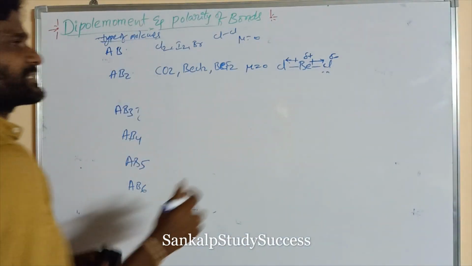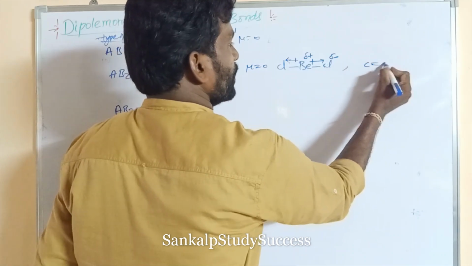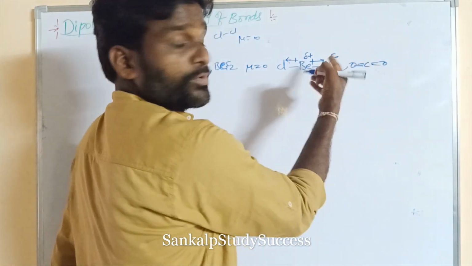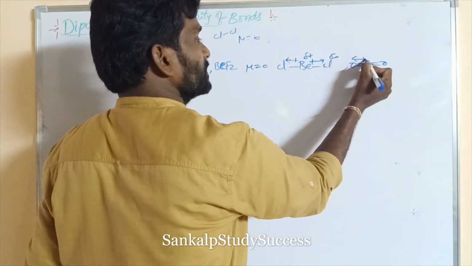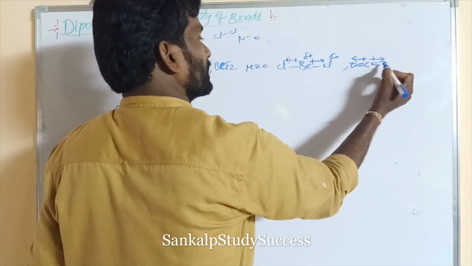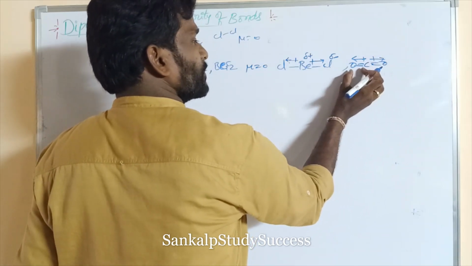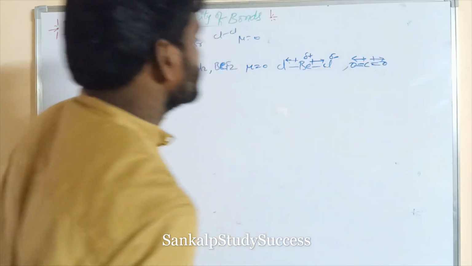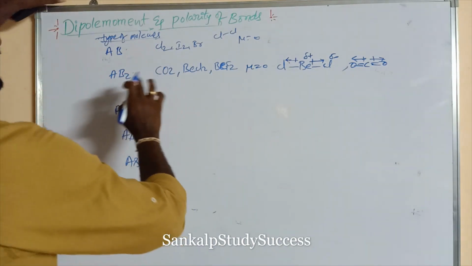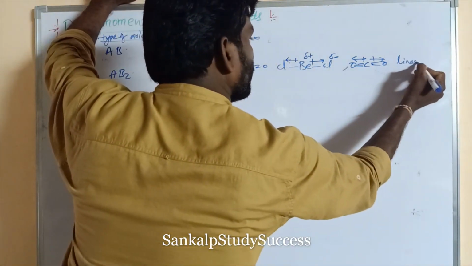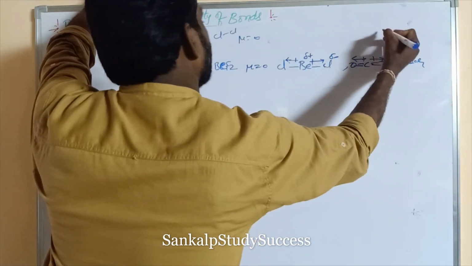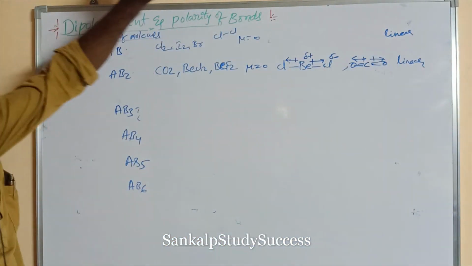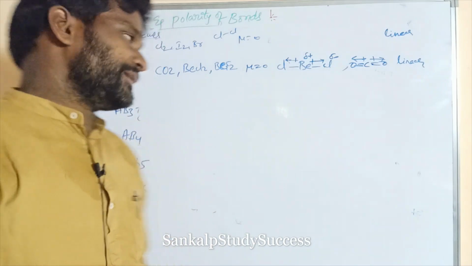Similarly, carbon dioxide also has C double bond O. Here oxygen is the more electronegative atom, and this is the crossed arrow. Both are C double bond O, both are similar types of bonds. Its dipole moment cancels with the other, and both are present in opposite directions. This is a linear shape. What is linear? When all the atoms of a molecule are present in one line, that is said to be linear.